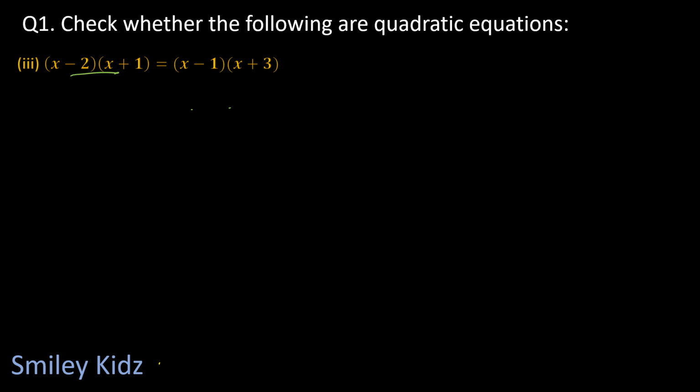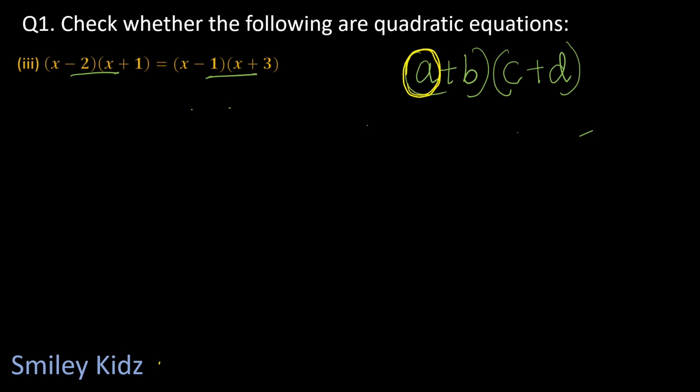x minus 2 multiplied by x plus 1 equals x minus 1 multiplied by x plus 3. Well, here we have two binomials which are getting multiplied. Let's suppose it is a plus b multiplied with c plus d. So, you're going to take the first term of the first